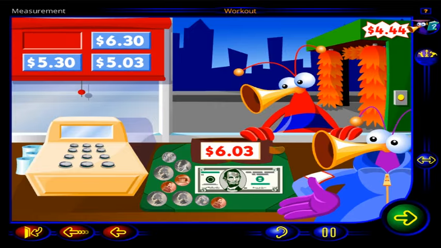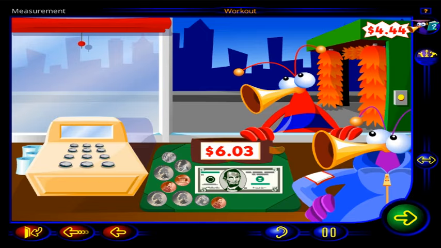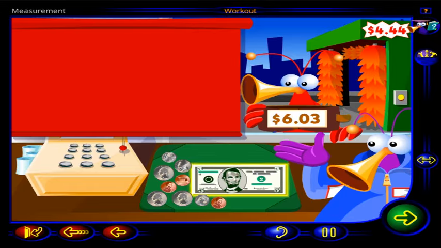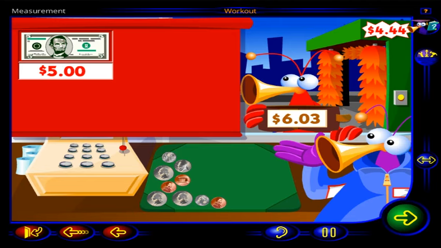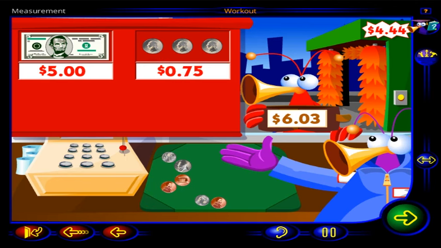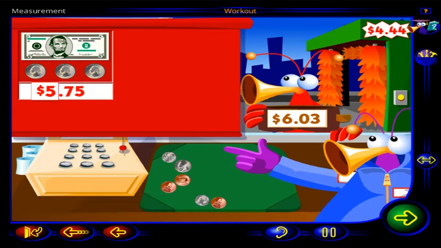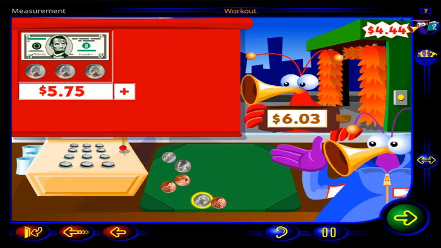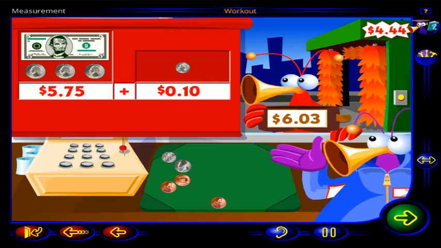That's it. Our friend has $6.03. This is $5. You also have 3/4 here, and 3/4 is 75 cents. So, adding this bill and these coins, you get $5.75. Adding this dime, you get